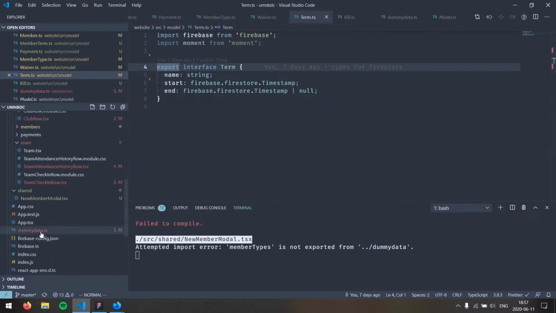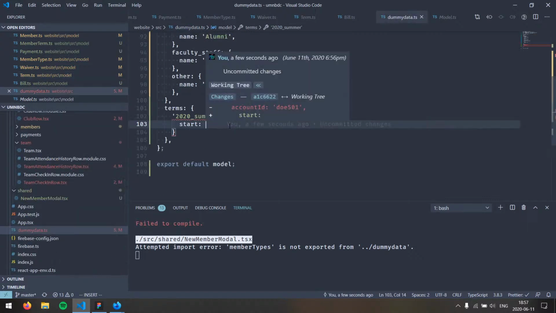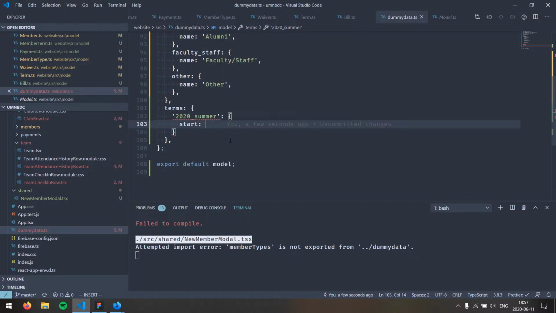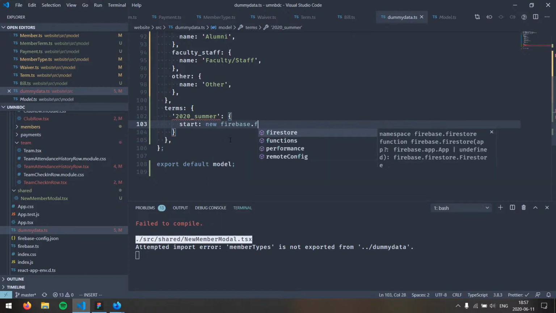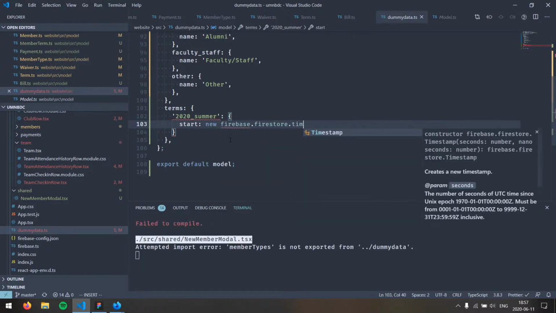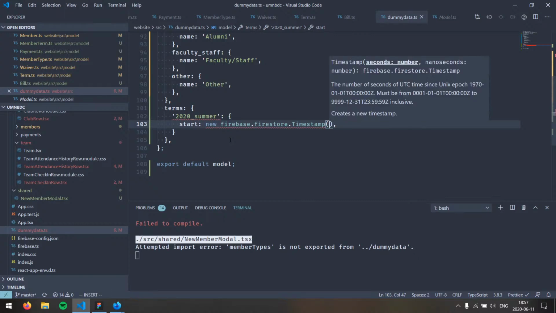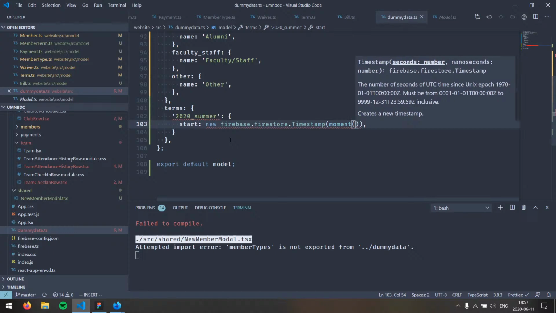Okay, cool. Right. Yay, I did convert that correctly for once. Okay. So, 2020 summer is going to be new firebase.firestore.timestamp here. And what are the number of seconds? So I'll say moment of,